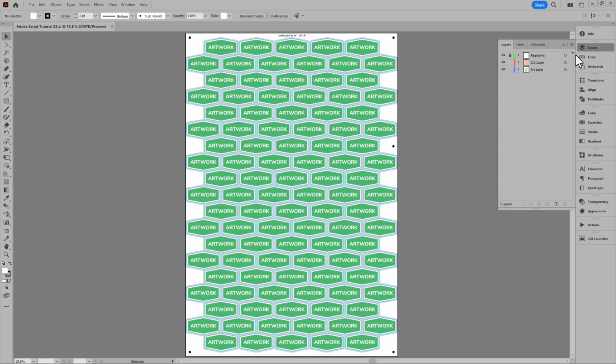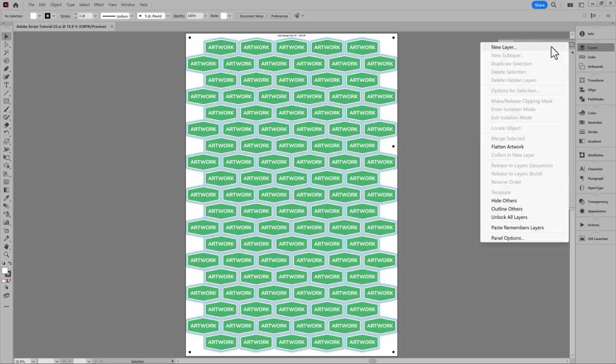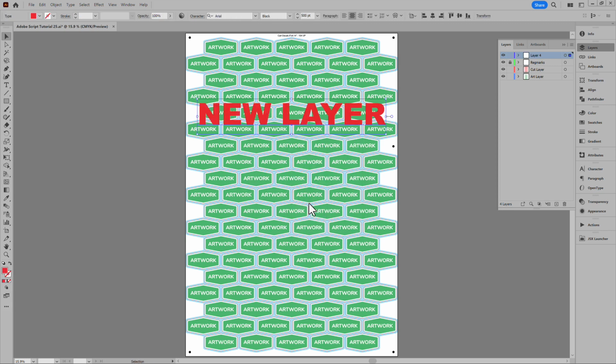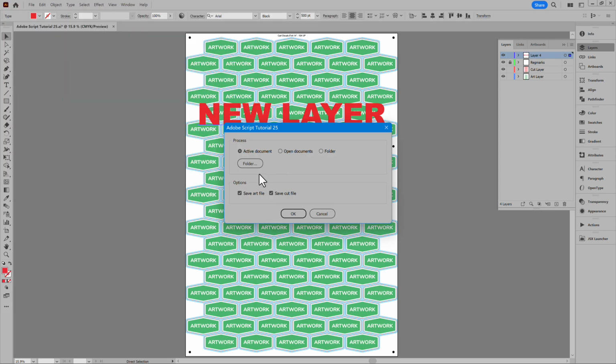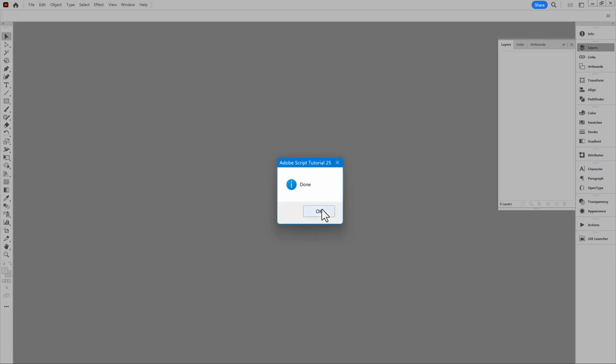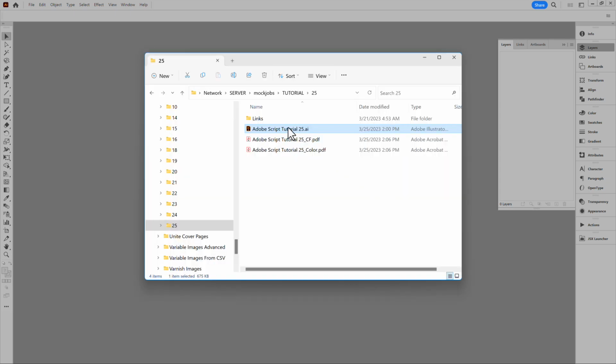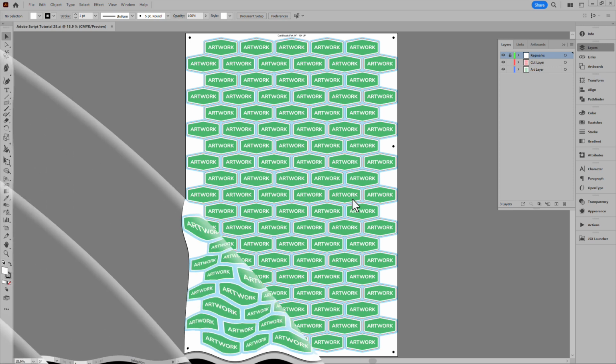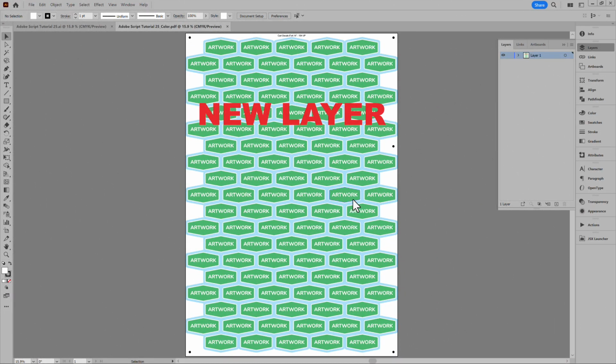I'll demonstrate. Let's say you make changes to the source file. I'll add a layer and paste in some content. Then run the script. And our files are created. But there's a problem. I didn't save the document before I ran the script. Open the source document again. The new layer isn't there because it was never saved. However, it is in the saved art file. But we want the source file to keep any changes, and we might forget to save it first.